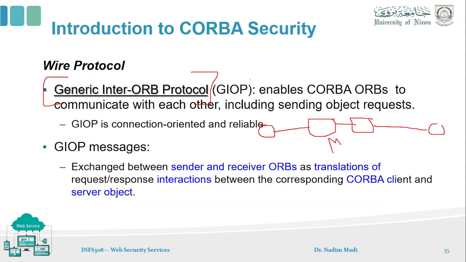Okay, if we have, say, middleware 1 and 2, we may use this kind of protocol in order to initiate the communication between these different systems. So we have, of course, a specific message structure that should be built between middleware 1 and 2, or between the different middleware using this kind of protocol. So it is exchanged between the sender and the receiver. The ORB translates the requests. So those are the main functionalities of this protocol.